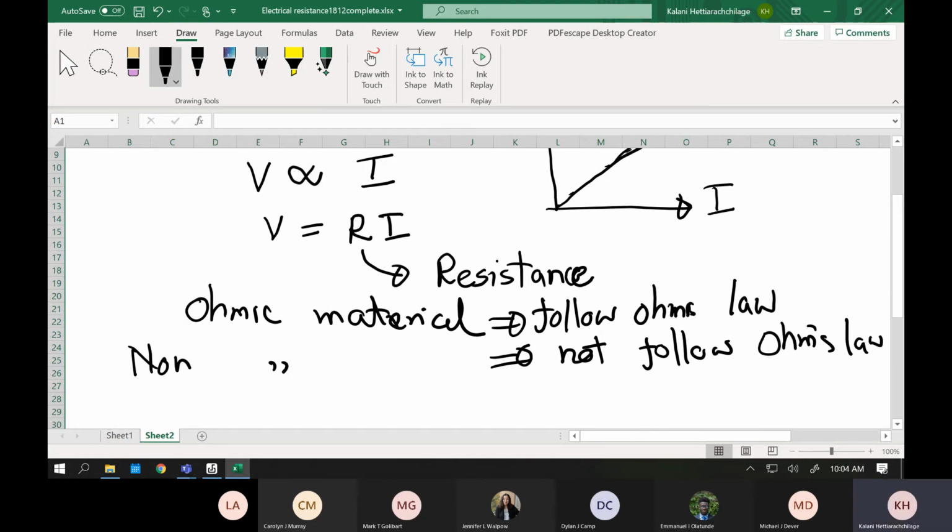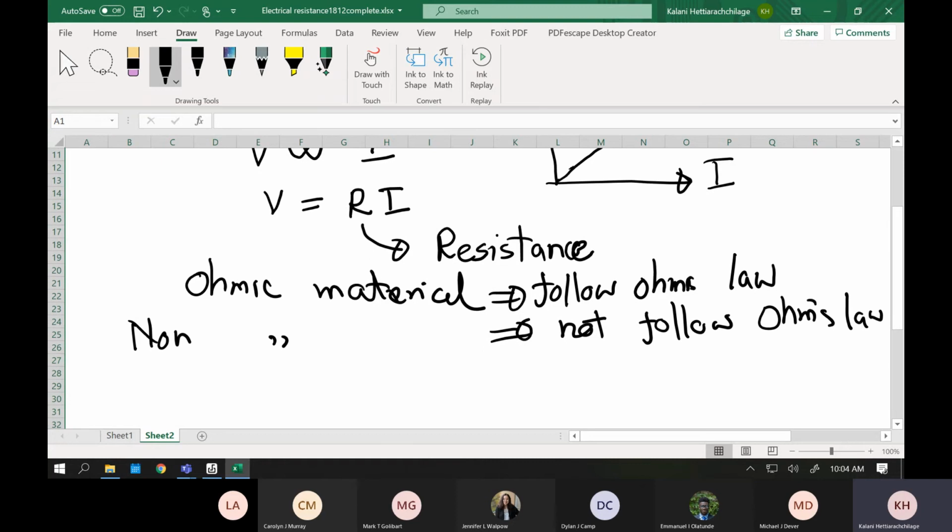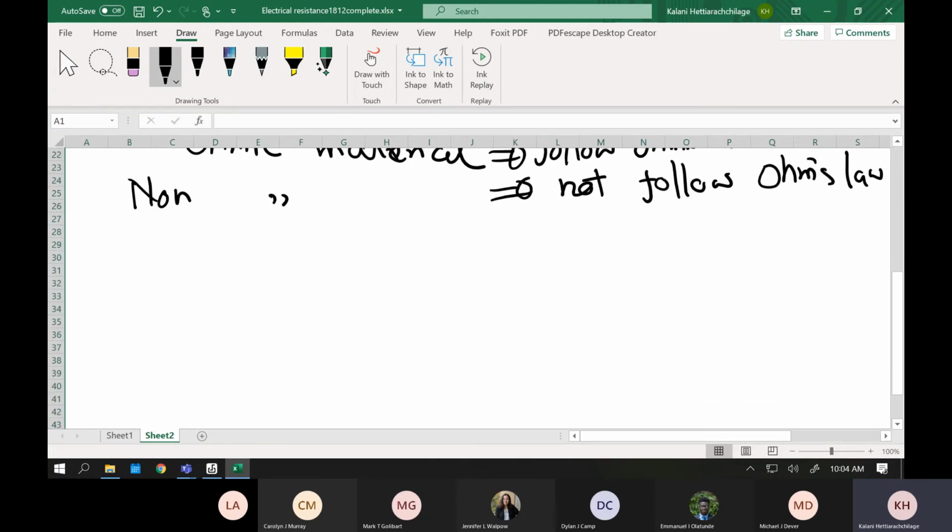So that will be the first part. We're basically going to change the voltage, measure the voltage and current, and then plot this graph and take the slope of that. That will be the resistance. Okay, that will be the first part. And the second part, we're going to do series and parallel resistors.